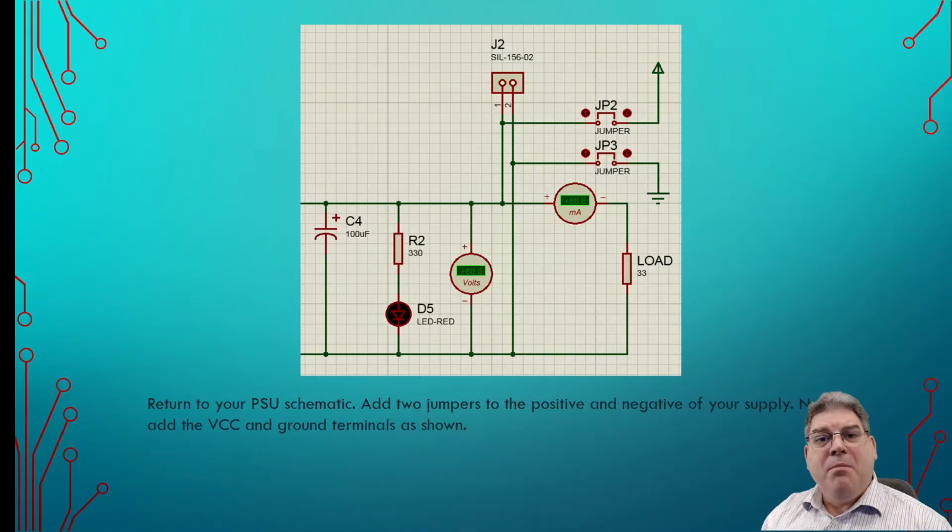Okay, I'll get you to go back to your power supply schematic, and we want to add a couple things. Basically, what we're looking at doing is adding these jumpers, this J2 and J3 for me, and we're going to connect it to our power and our ground. And the reason that we'd want to do this is to isolate our power supply from the rest of the